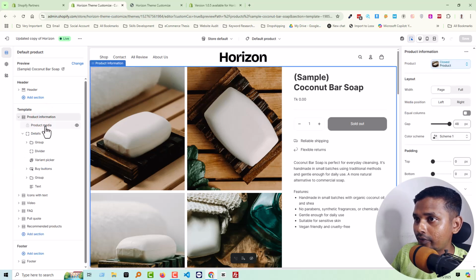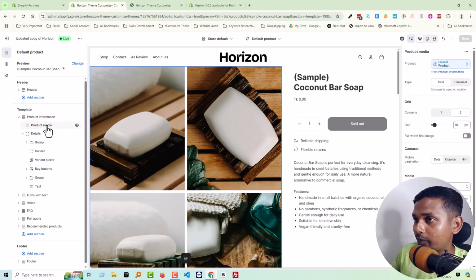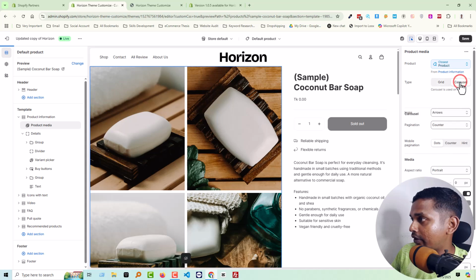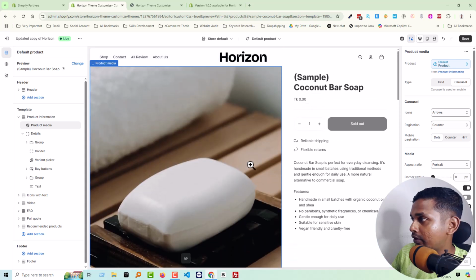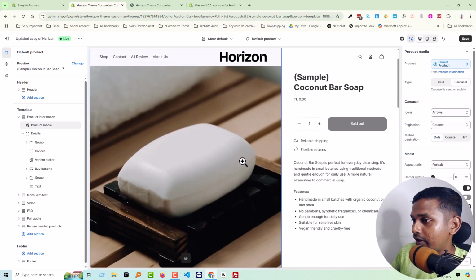Here is the product information, product media. Click on the product media and try carousel. Yes, we see the carousel in here,